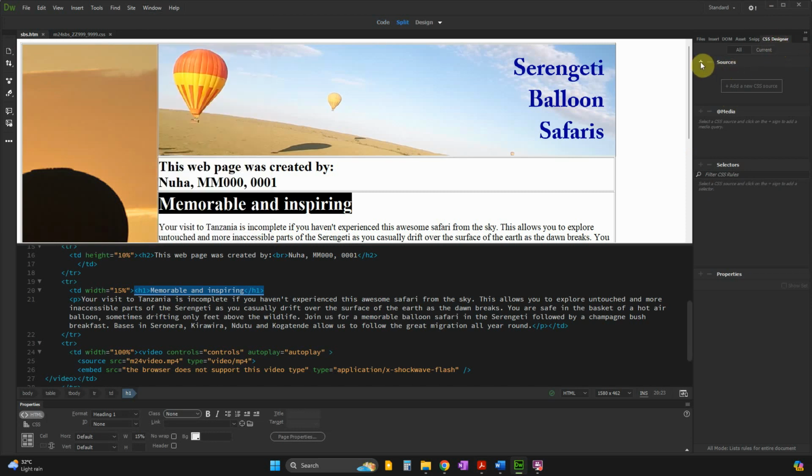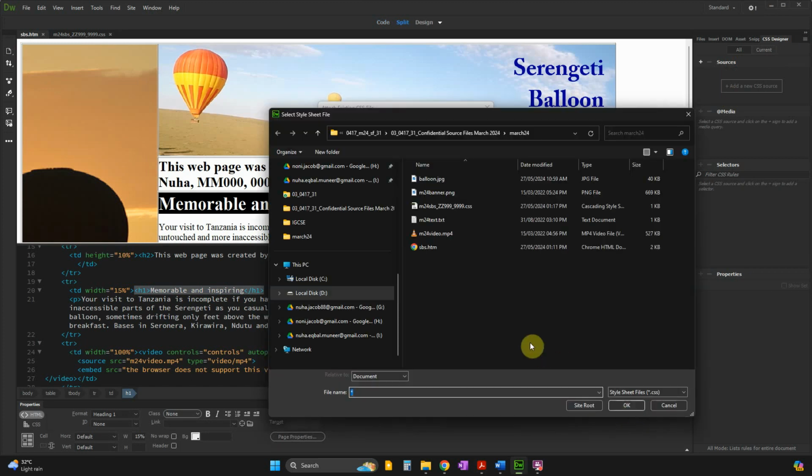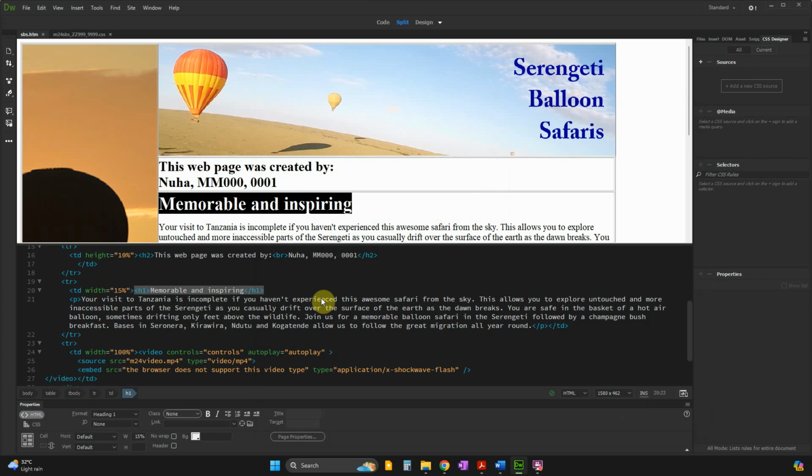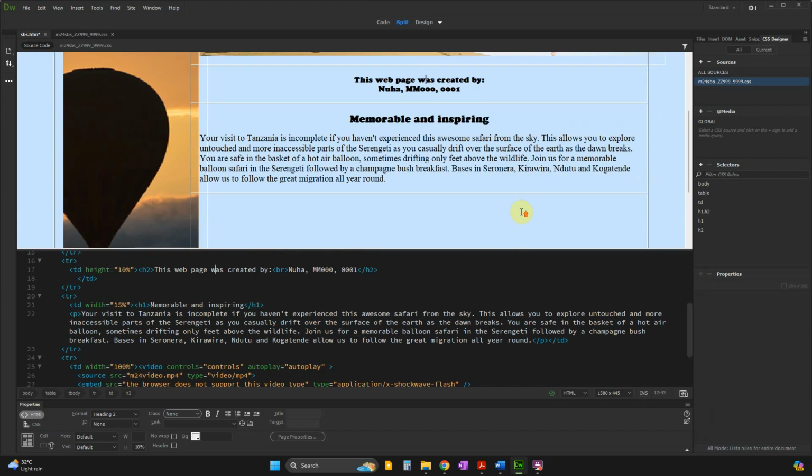In here, click on this plus sign, attach existing CSS files, and then go to your specific file, attach it right now, click on OK. Okay, you will notice that it is attached